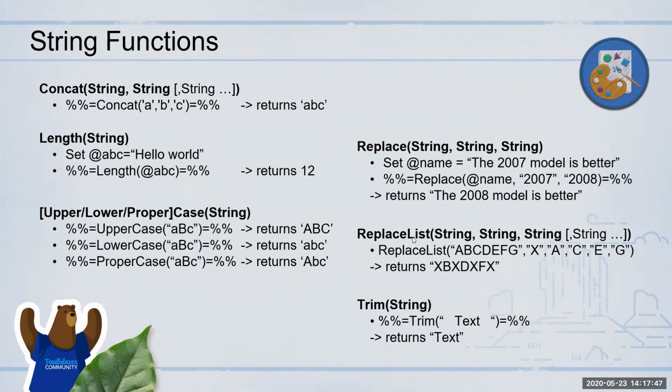Now, when I come to replace list, this is useful when there are multiple characters, or a set of characters, in the first big string which I want to replace with a single particular string. For instance, if I have A, B, C, D, E, F, G, then the second parameter here is not going to be the string that I need to search. Here it is going to be the replacement string. For instance, X is the replacement string. So immediately after the big string, I'm going to be replacing certain characters in this particular string with X.